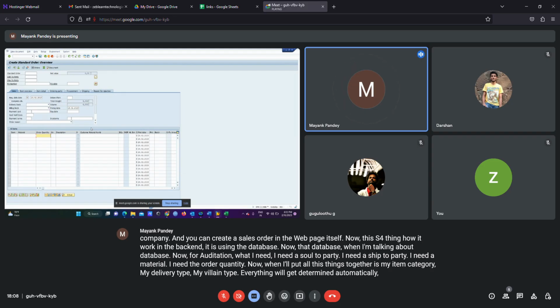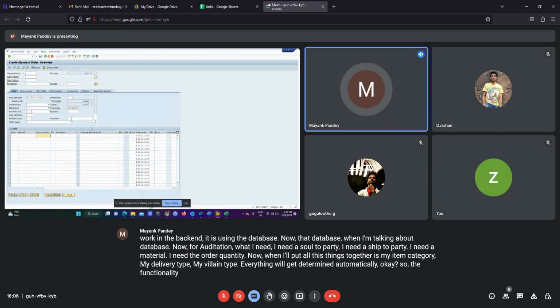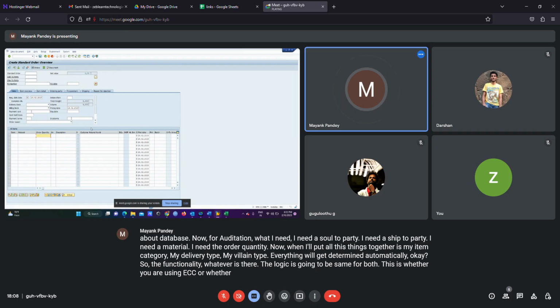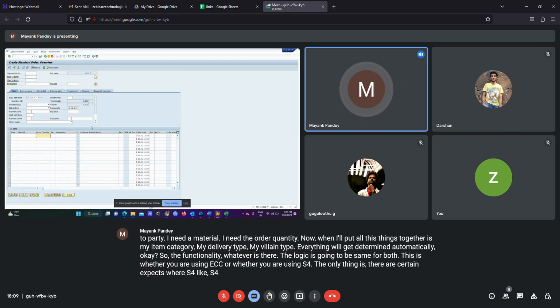So the functionality and logic are going to be the same whether you are using ECC or S4. The only thing is there are certain aspects where S4 differs from ECC, as S4 has come up with some modifications.